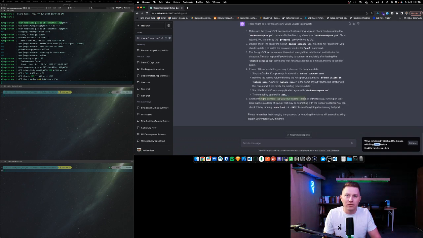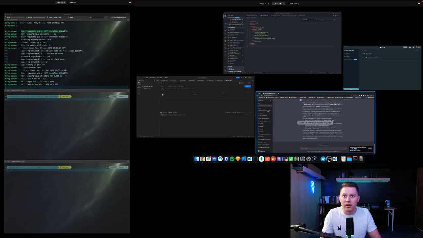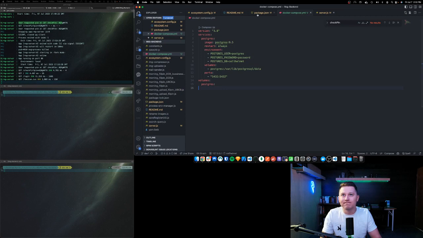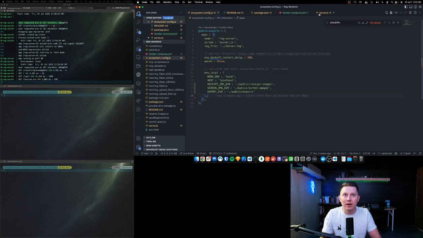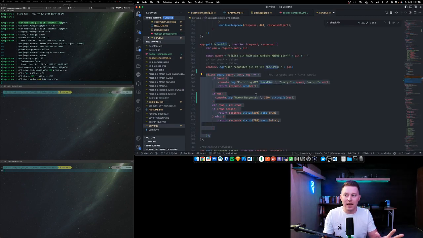Another thing to consider is if you have another instance of Postgres. I don't have another instance of Postgres. So do I just not know something about Express? Now, granted, this is how it was when it was handed to me. I've just added some code to basically try to troubleshoot why it is not connecting. I don't know. Let's save the file to get rid of that return statement, and